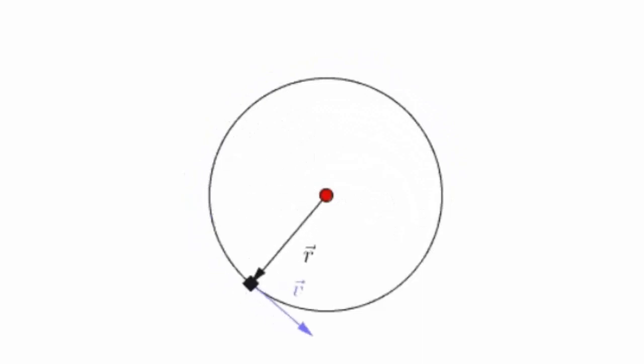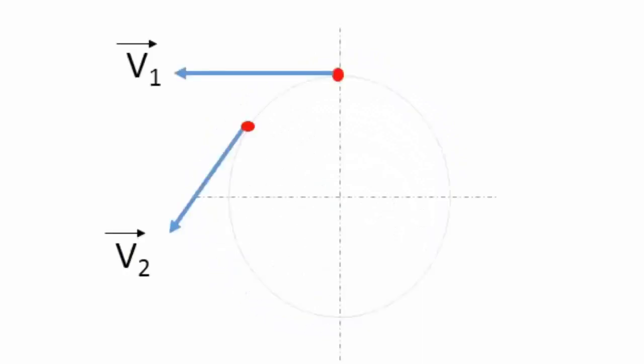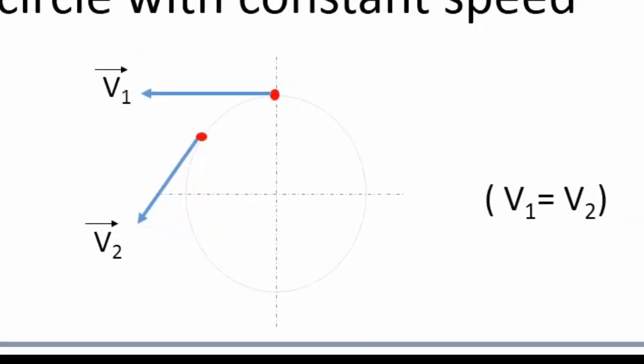Let us say v1 and v2 be the linear velocities of a particle performing circular motion at two different points. It is very clear from the diagram that v1 and v2 are not in same direction. That is, they are not equal vectors. Their difference will not be equal to 0. Hence, circular motion is always an accelerated motion. In the given example, v1 and v2 will have same magnitude.